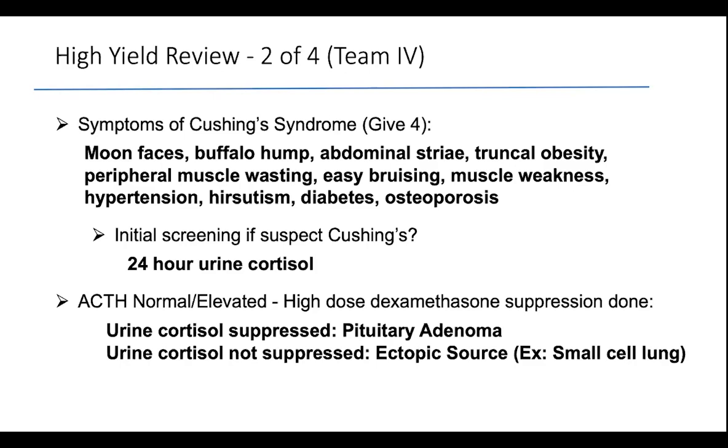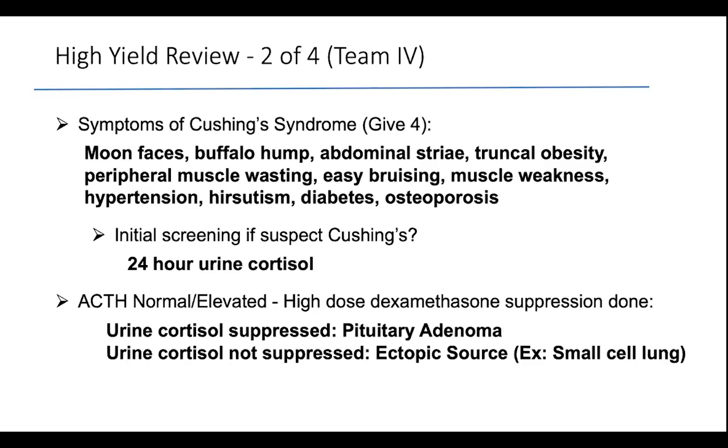So those patients may not have everything, the buffalo hump, they may not have the striae, they may not have the obesity, but they come with something. They come maybe with diabetes, hypertension, they gain weight. So when we study them, we find, for example, that the ACTH may be suppressed, and the cortisol is kind of borderline. And we request, for example, the dexamethasone suppression test with 1 milligram. And if that comes